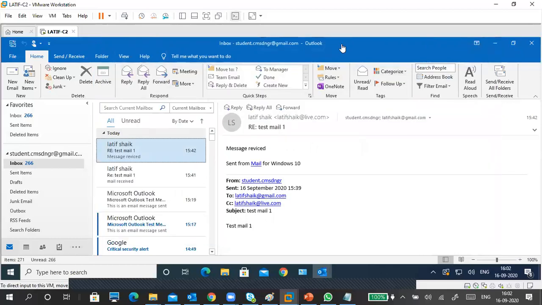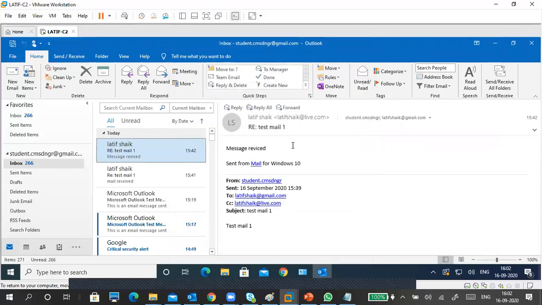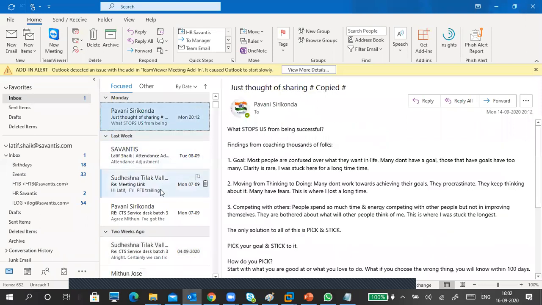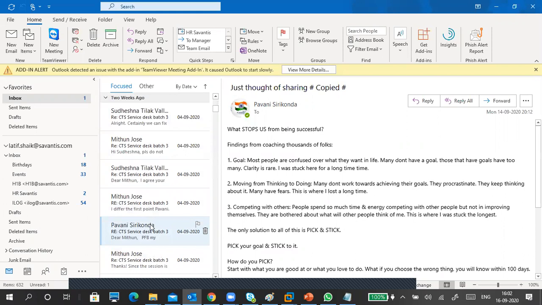Okay. Next, you can create your own new quick mails, so every time you don't need to search for people. For example, more frequent mail communication with Pavani, like Hyderabad management, Sudeshna or Mithun. These are our people who are working around my places, right?